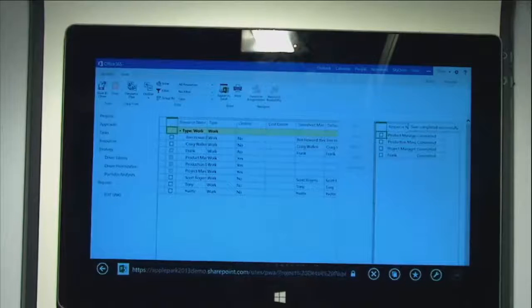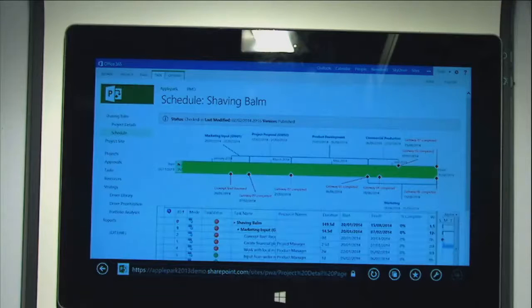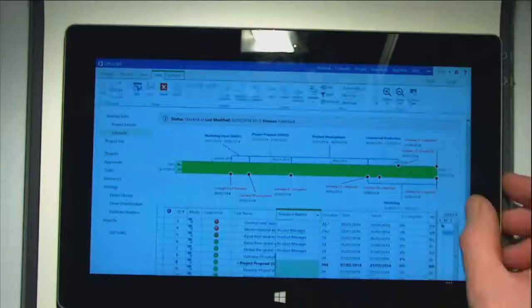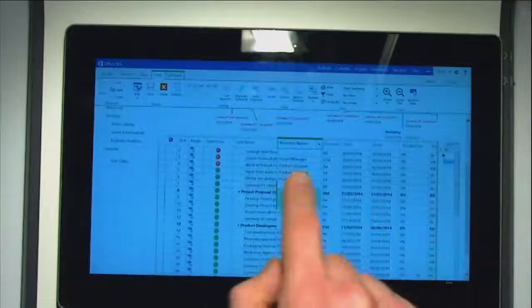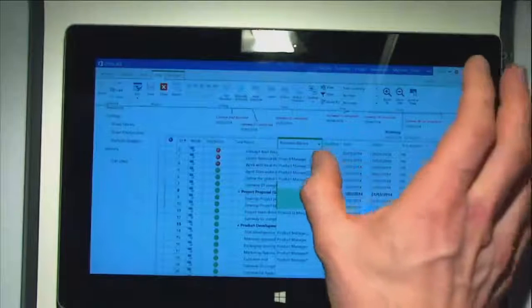I could have a look at what resource allocation he has, what other projects he's on. I can do lots of things here, but for the sake of time, I've not. So we put him on the team, and once we've put him onto the team, then we can start to assign him here to certain tasks. So Frank's going to be my product manager, so if I come in here,